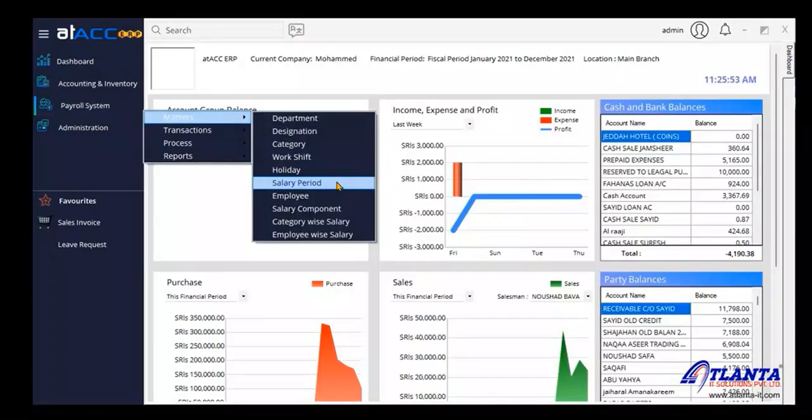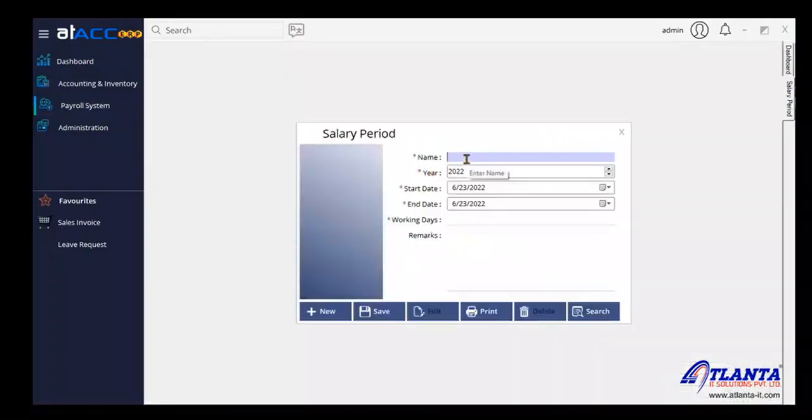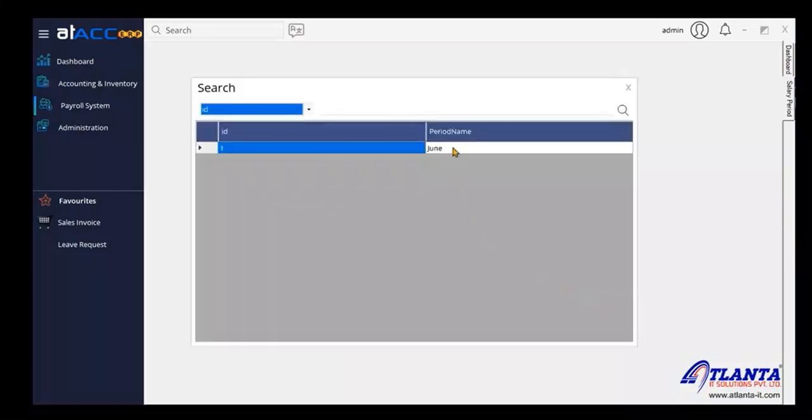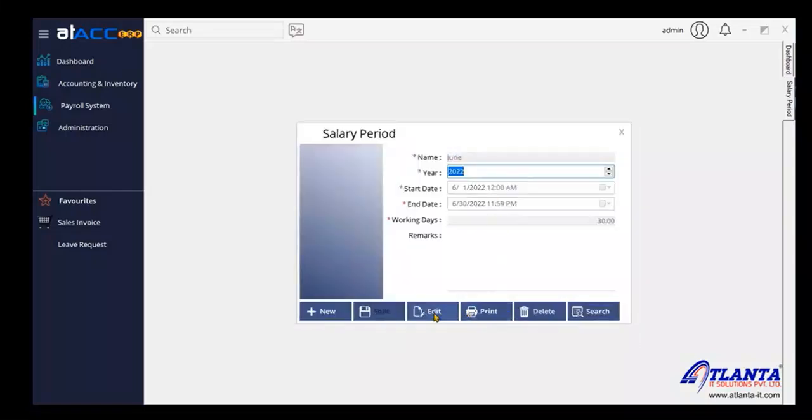The next one, it's salary period. You have to select salary period. This is mandatory field here. You have to create each month. If it is monthly payment, you have to create each month of a year separately. For example, in my example I just created June. This is June. It's my current month I'm going through. So June. If you need to create a July,